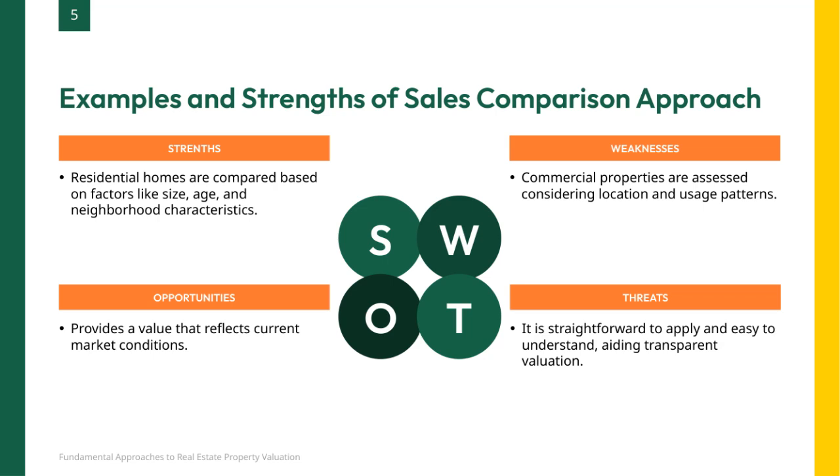When we look at the sales comparison approach, it's helpful to consider some real examples and its key strengths. For residential homes, we compare properties by looking at things like their size, age, and the characteristics of the neighborhood they're in. This helps us make fair comparisons between similar houses. For commercial properties, the focus shifts slightly. We assess location and how the property is used, since those factors greatly influence value in the commercial market. One of the biggest advantages of this approach is that it provides a value that truly reflects current market conditions, making it very relevant and timely. Plus, it's straightforward to apply and easy to understand, which promotes transparency in the valuation process for both buyers and